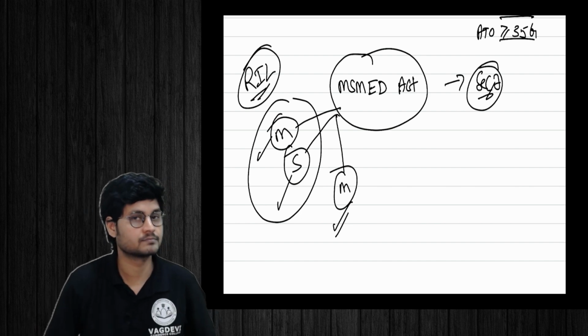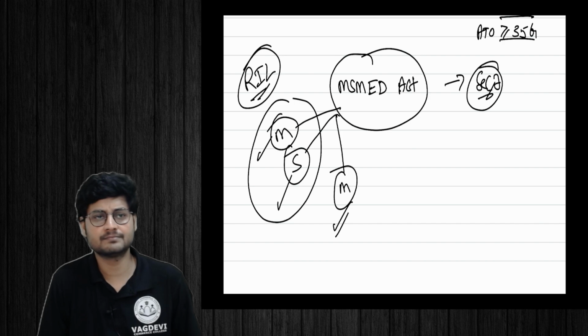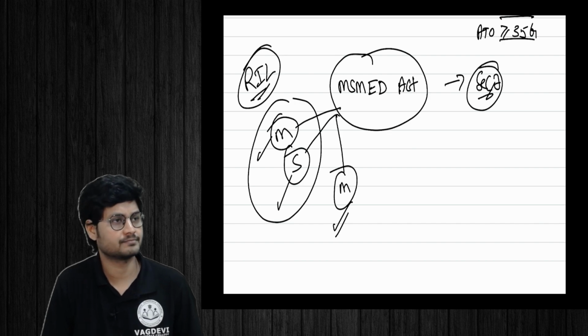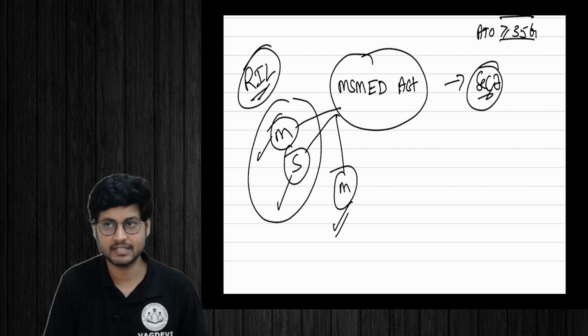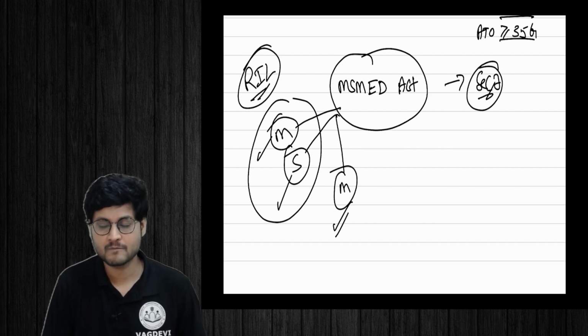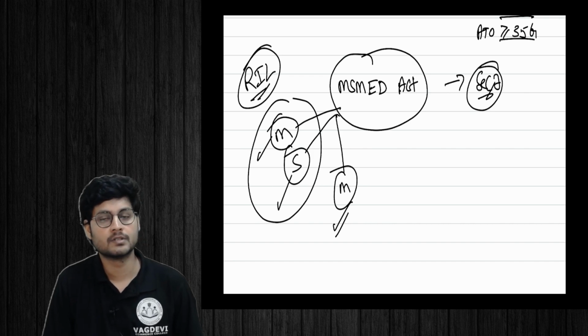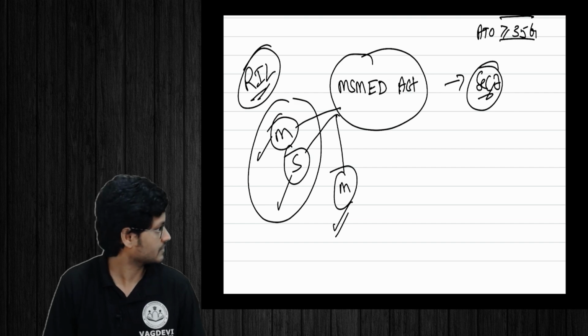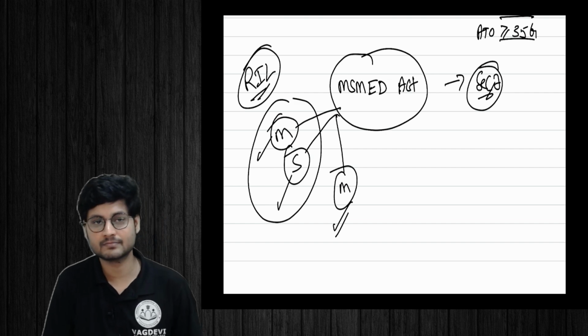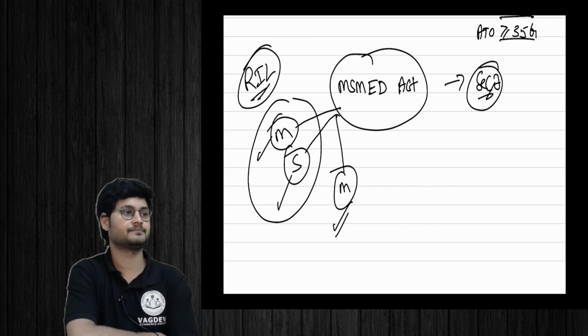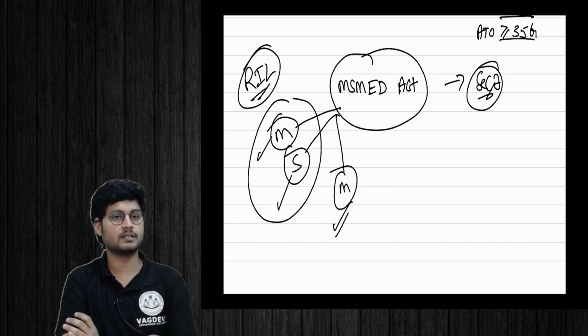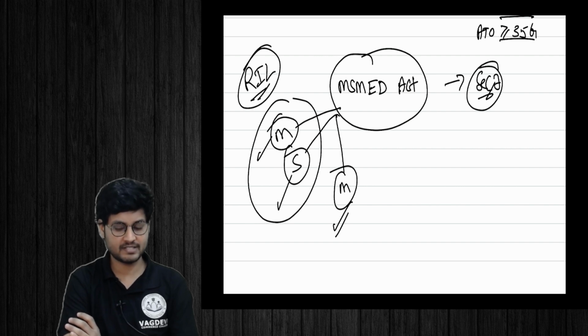Easy? What is the second exception? Another exception. Point number 4. What can be written? If a company is registered as